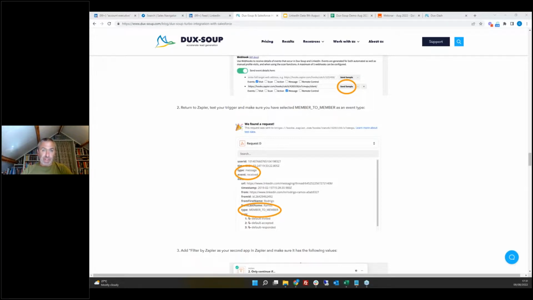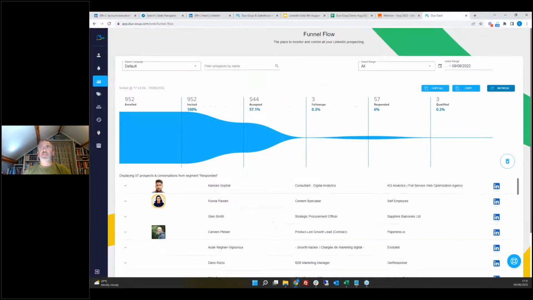Personally, I would use Zapier or Make. The reason for that is because it's in real time, and as long as everything's set up correctly in the first place, it's a repeated process. If you're doing the copy paste thing yourself, there's always the element of human error, of remembering to do it on time and remembering, oh, which date have I done or whatever. So, if you think about the copy paste from the Dux Dash here, depending on what date range you've got and everything,